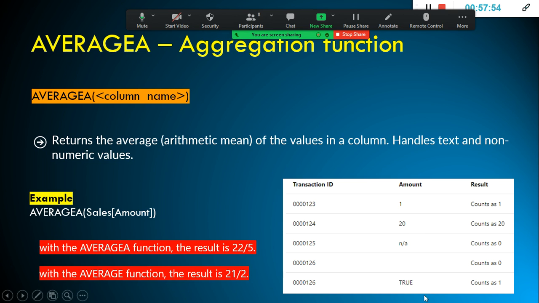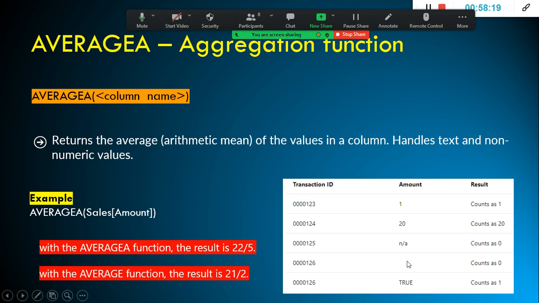So 20 plus 1 is 21, plus 1 is 22, and 22 divided by 5 records, it takes into account all the 5 records. With the average function the result is 21 by 2. With the AVERAGEA function, 22 by 5. But the reason why the denominator is 5 is that it considers as 0, and a blank value is also considered 0.